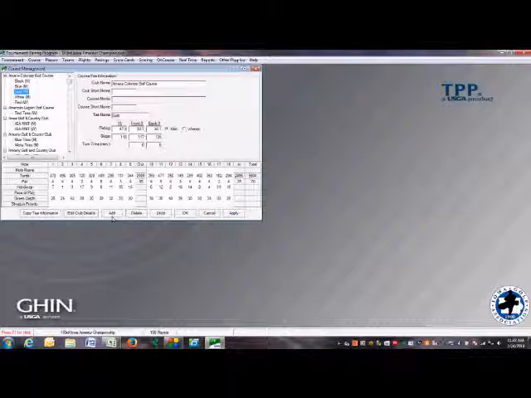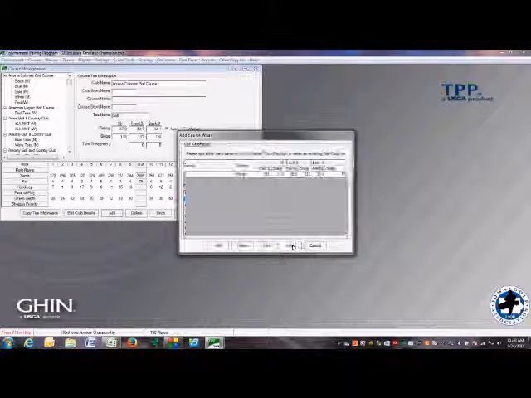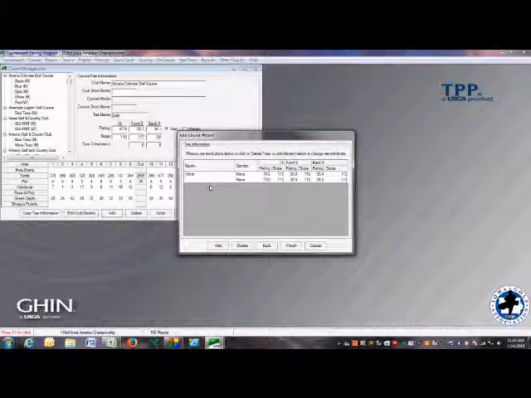For our example here, let's add a course. So once I'm in management, I'll click Add at the bottom. Choose the radio button that says Add a new golf facility, which enables me to type in the name of my club, which I'll just call XYZ Golf Club. I'll say Next. And we'll make it simple. We'll have two sets of tees at the club. A white tee, and then I'll click Add at the bottom, which will give me another line, and we'll have a red tee. The white tee will be a men's tee in terms of rating. I'll change the rating,